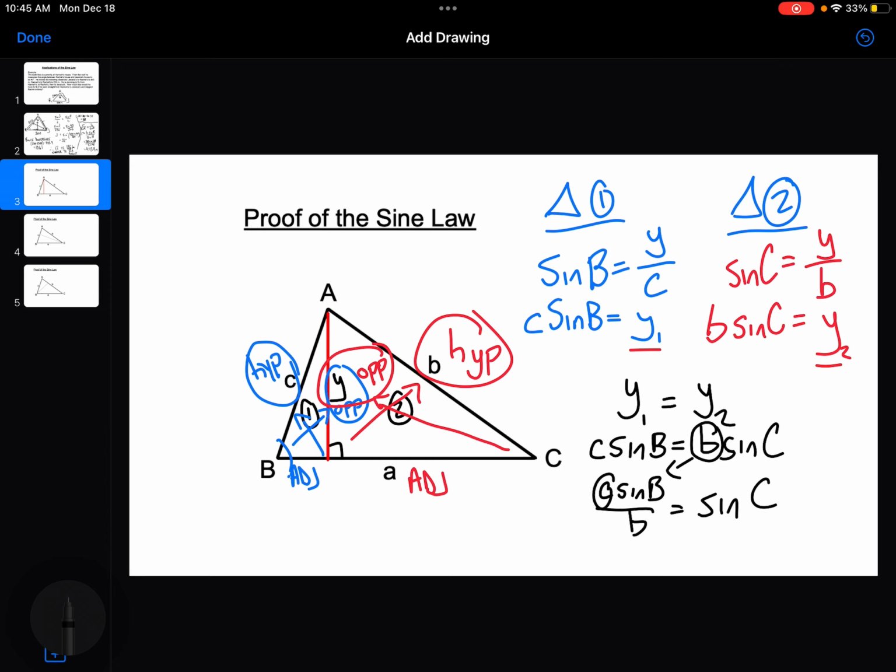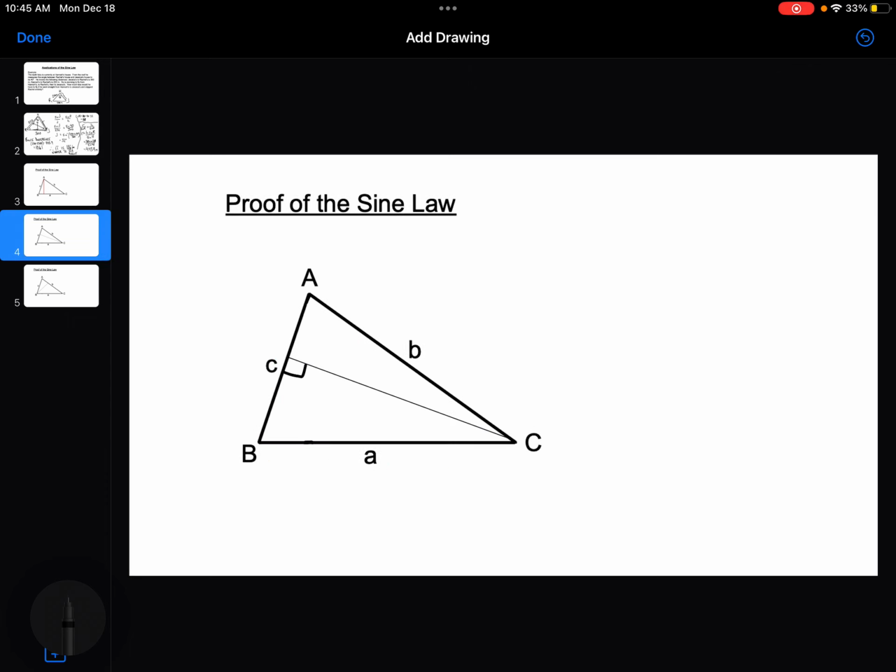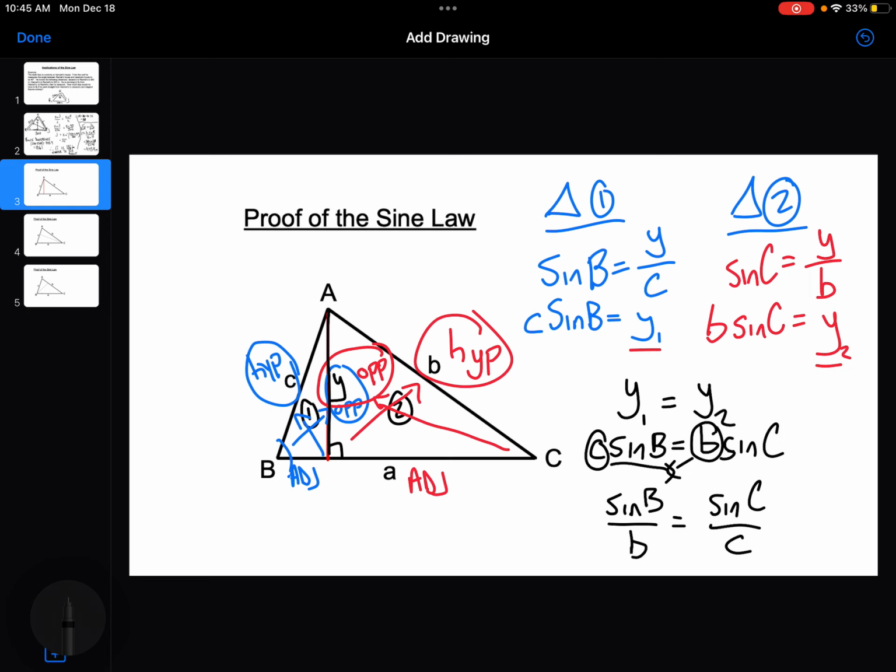Now I would do the same thing with this C. I'm going to divide it over. I'm going to get rid of that and do it all in one step because I've run out of space here. But this C would divide over. So then we would get sine B over B equals sine C over C. And that's actually how you prove the sine law. We're just using that variable y that we've created with two right angle triangles right in the middle, and we've solved for it. You could do it here with sine A and sine B, and here with sine A and sine C, and it's going to prove all of the different aspects of